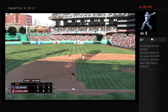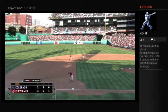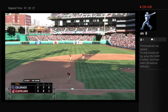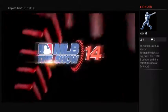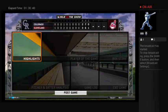The Indians win this one 3-2. So long from Cleveland. The final line score for this afternoon's ball game: